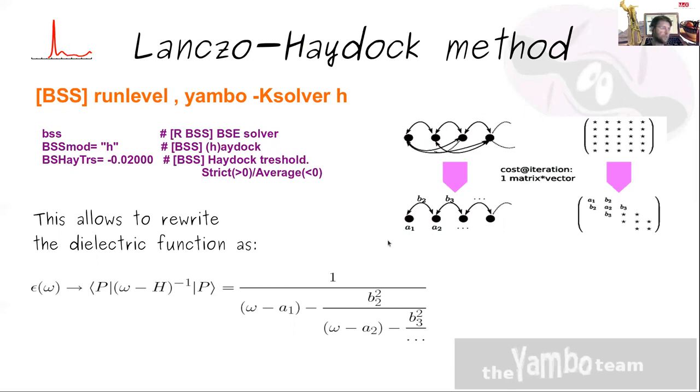So at each step, or at each iteration of the solver, a couple of these A and B is obtained, and it is added to this continued fraction until the step n and the step n+1 give the same spectrum within a tolerance which you can set through this input variable.